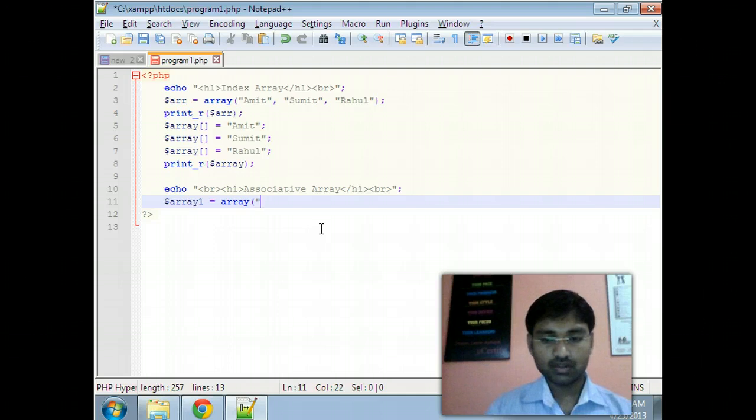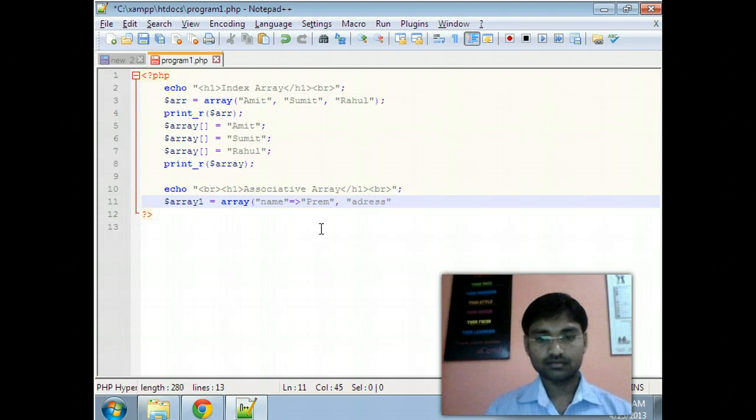First value is stored as the index. Index may be string and numeric also. So here I am going to provide the index name and giving its value Prem, and address index will store the value Allahabad.